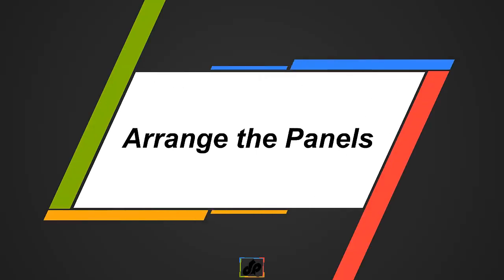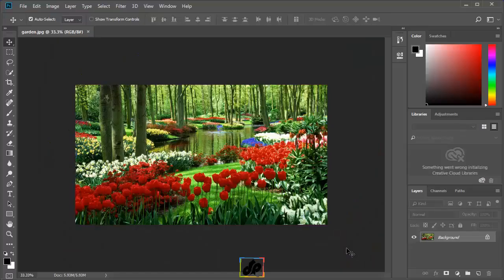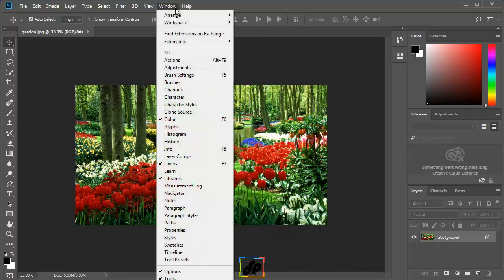In this tutorial, we will understand how we can arrange panels on the Photoshop interface. There are a number of panels available in Photoshop. It displays some of them by default. We can view all the panels available to Photoshop underneath the Window menu. We can see that the panels shown on the right side have a check mark next to them